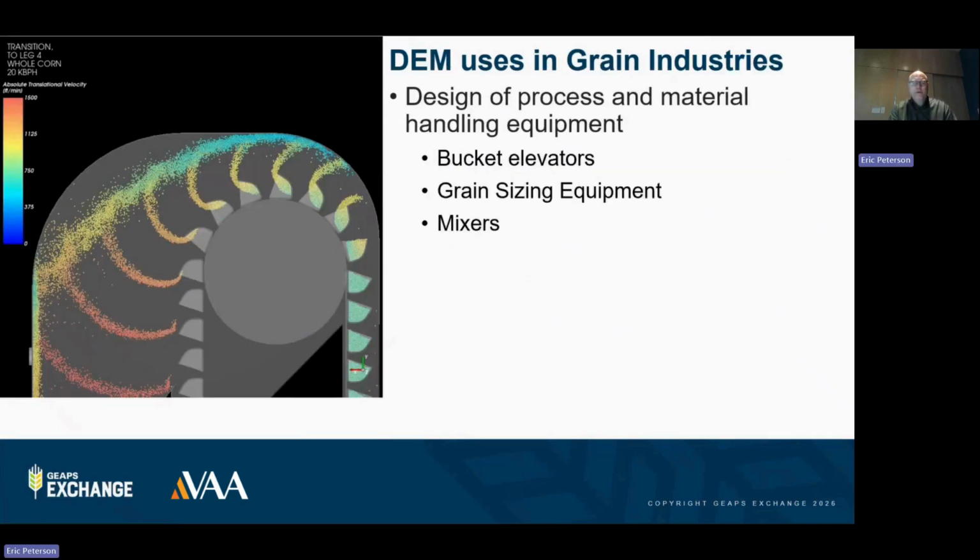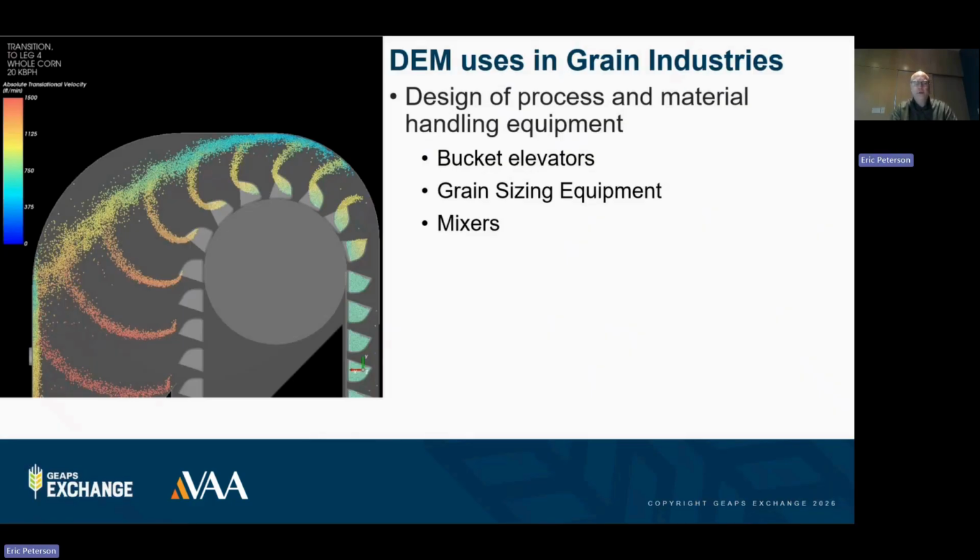The way DEM is currently used in the grain industry, the first thing that it's been used for quite a while is design of specialty equipment. And this includes bucket elevators, where cups for bucket elevators are designed with the spacing of the cups, the speed of the head pulley, the shape of the cups. So manufacturers of bucket elevator cups are currently using this in their designs with various products to see how that